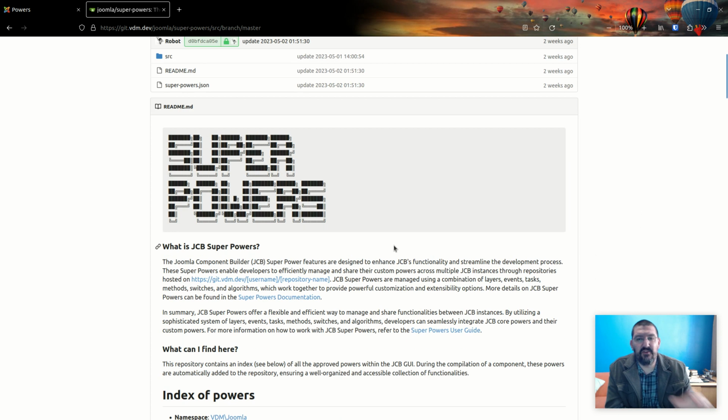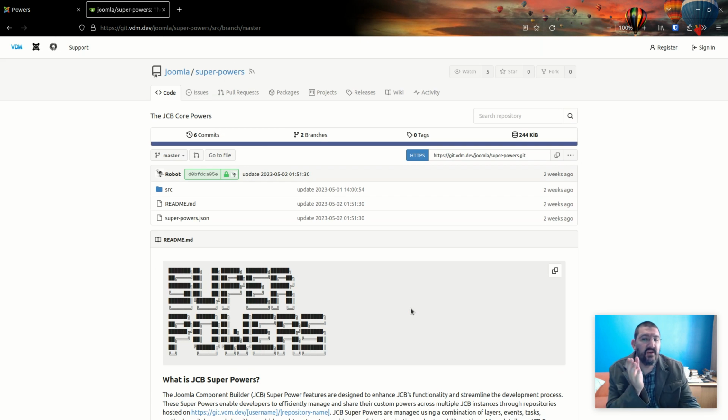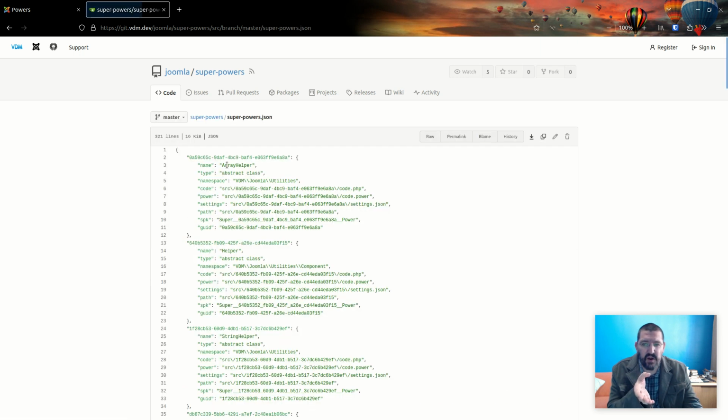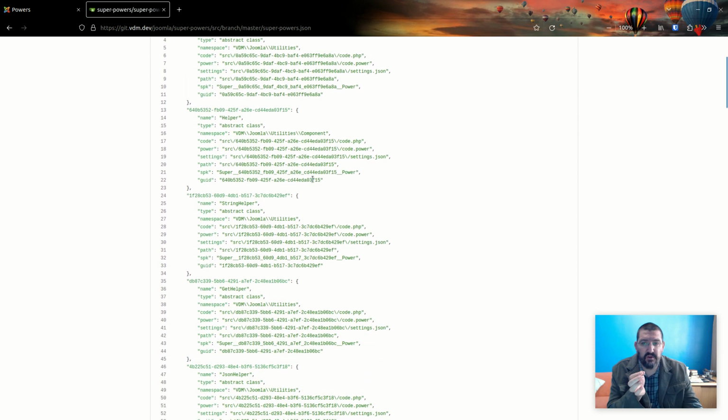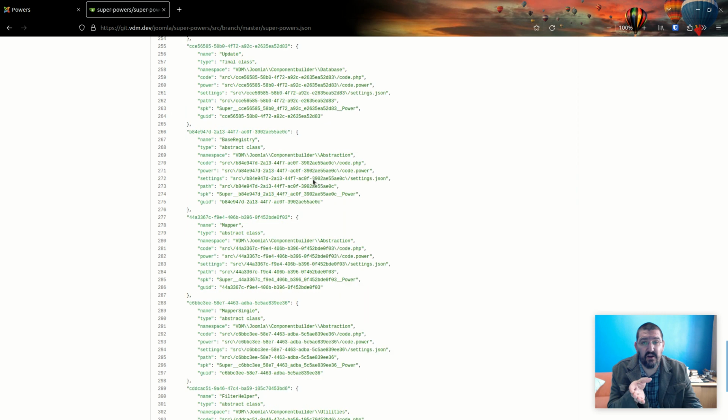We know that eventually when JCB uses this in your component, it does in fact fall back upon the old architecture of folder structures and so forth. But in the distribution of superpowers, we are taking this approach because it's fast to search. And this is the key aspect. The superpower JSON file, which is in the root of the directory, is the actual file that we are using